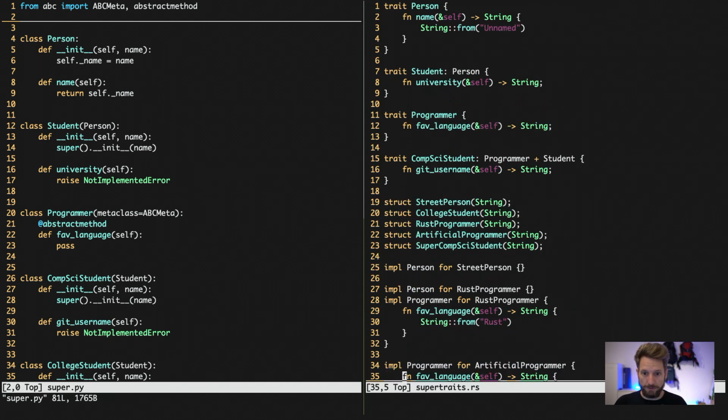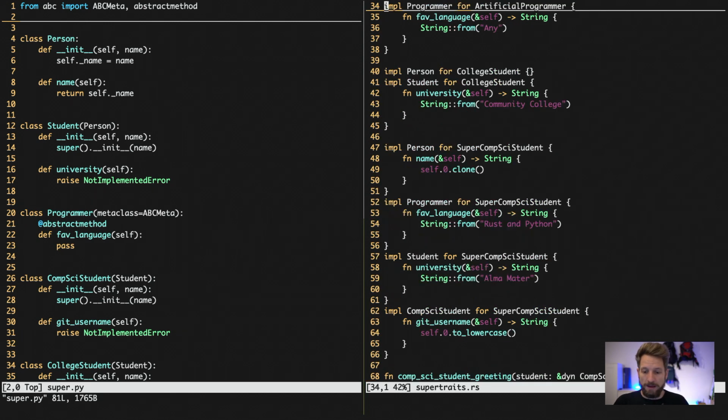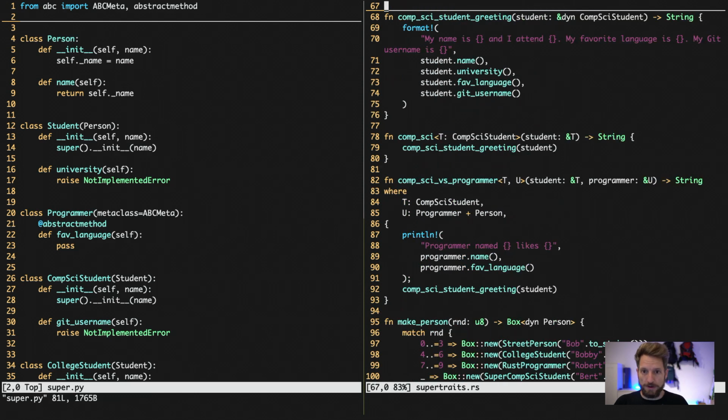This more or less covers the code. Let's go further down to our function definitions. We created a function called computational science student greeting